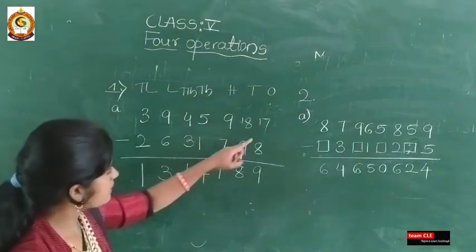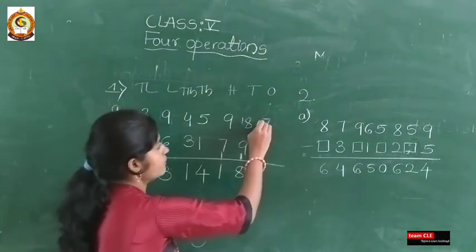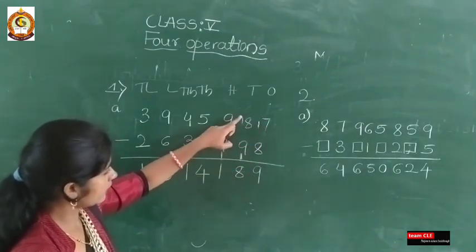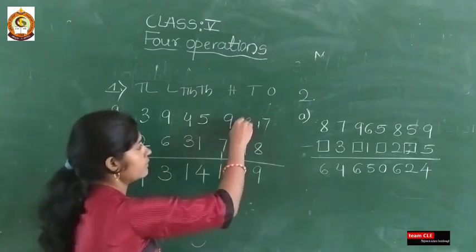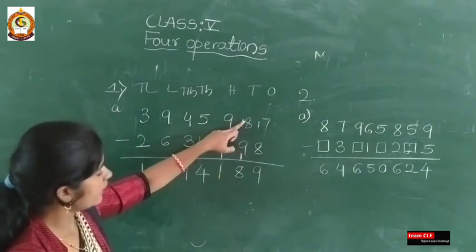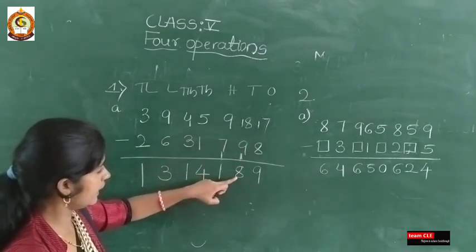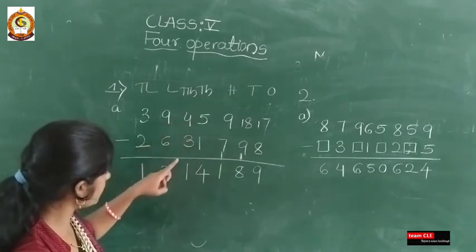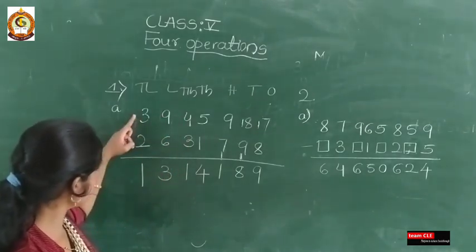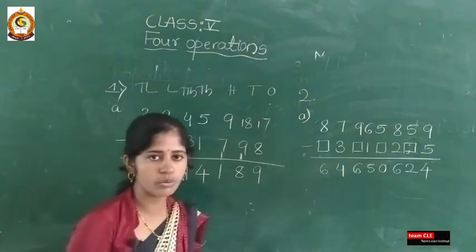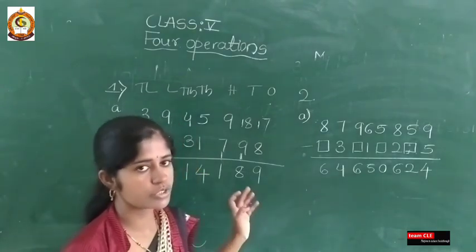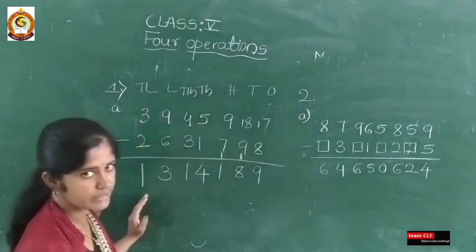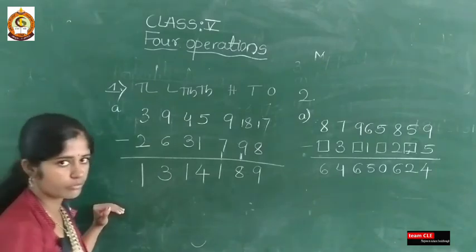Once again I will repeat. See here, 7 is there, so you have to take carry from the tens place, this becomes 17. 17 minus 8 is 9. Okay, again here 8 is there, again you need to take carry from the 100 place. 18 minus 9 is 9, 9 minus 1 is 8, 9 minus 8 is 1, 5 minus 1 is 4, 4 minus 3 is 1, 9 minus 6 is 3, 3 minus 2 is 1. Okay, how did you solve last year, no? The same procedure you have to follow here, but here the digits are more. One more example of this type is there, that you solve at home.